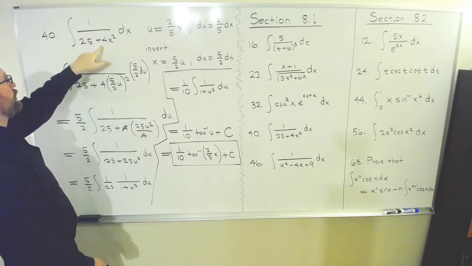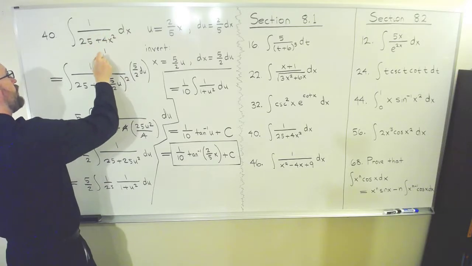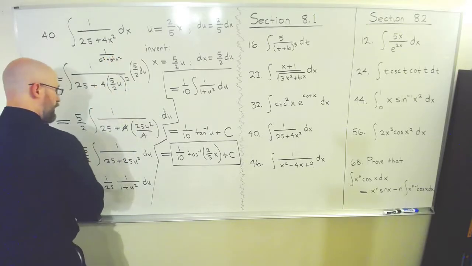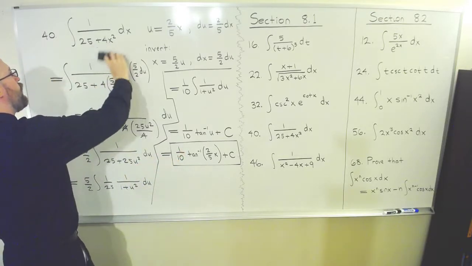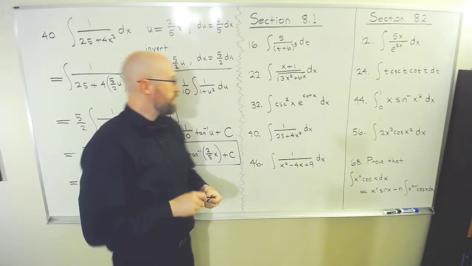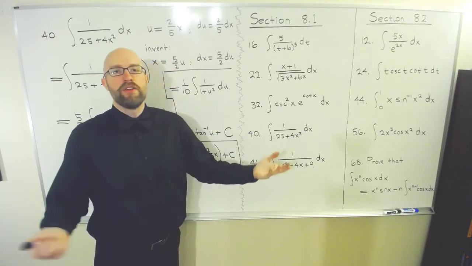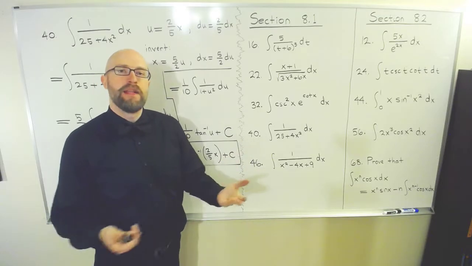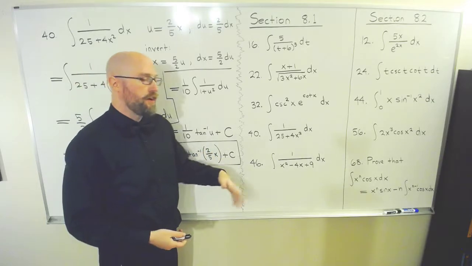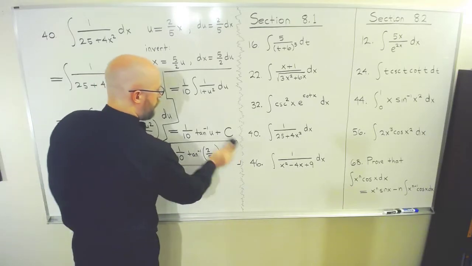Now, of course, you'll find tables of integrals that will replace this thing in general with a 1 over like a squared plus b squared x squared or something. And then it will give you that form there directly from it. But of course, you would still have to show what your steps are, but at least it would tell you where you expect it to go. Or you could put it into a symbolic manipulator and get it to tell you what the answer is, and then you would have to try to go and work backwards and figure out how to show that that was the answer. Okay, so there's one more in section 8.1,